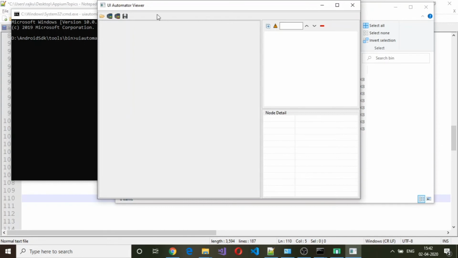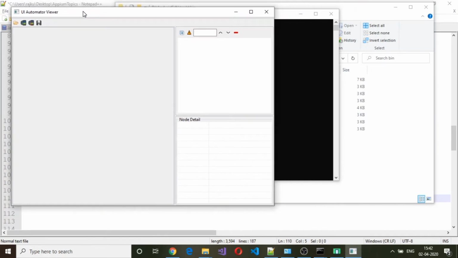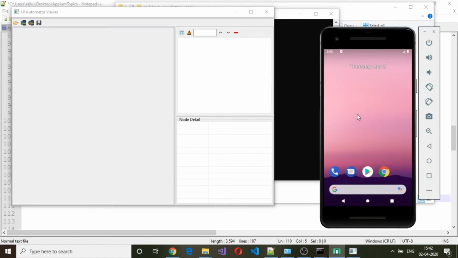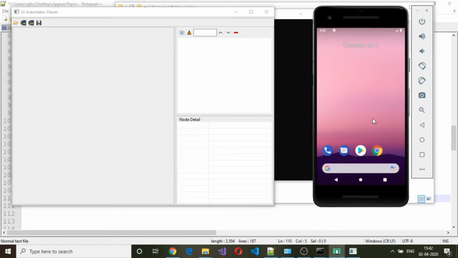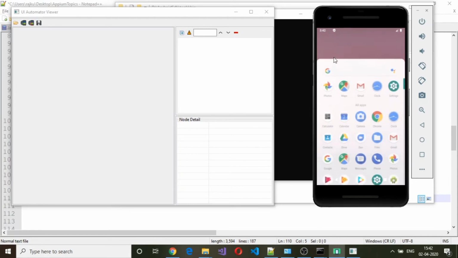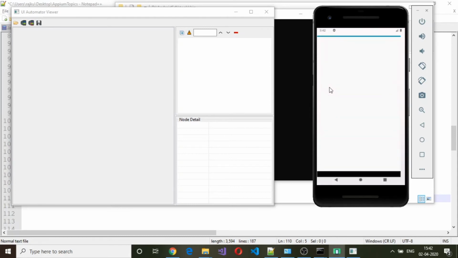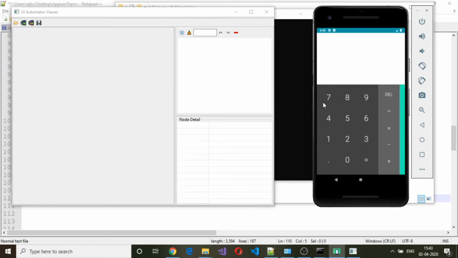Okay, so this will open up your UI Automator viewer. So this will help you to get the snapshot of whatever the application which we are testing on this particular virtual device. Say for example, I open up calculator here. If I need to click on any of these buttons, for example 1, 5, 6 and delete, divide, multiply, so these are all the buttons.